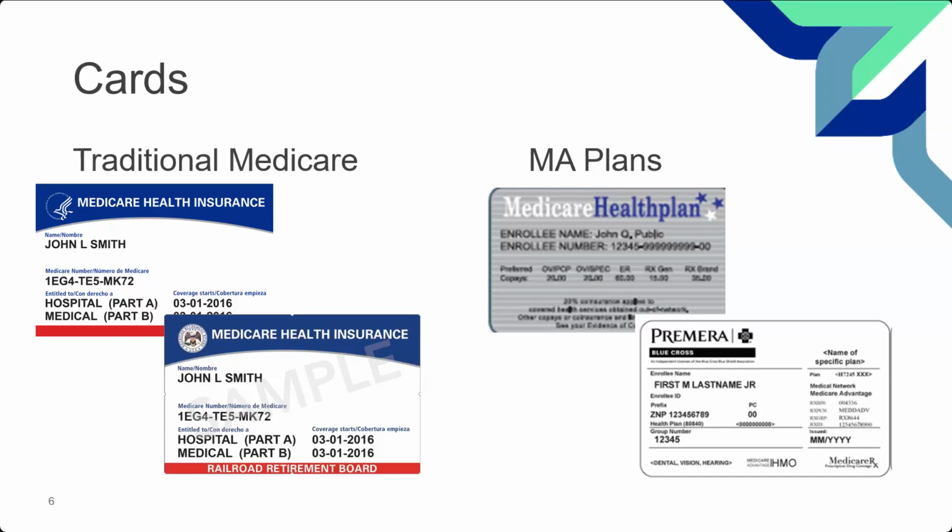This is not the same as traditional fee-for-service Medicare when it's Part A and B versus Railroad Medicare. Railroad Medicare is eligible under the Railroad Retirement Board. Traditional Part A and B is the Social Security Administration. Those are the left two cards on your screen right now. And you do want to notice the bottom card has the word Railroad Retirement Board in the bottom red banner. Okay, so you want to make sure that you're doing that.